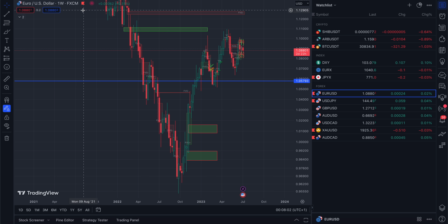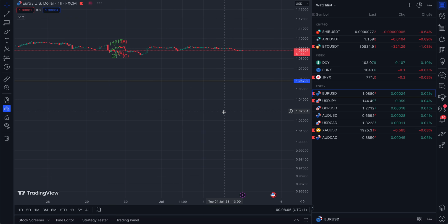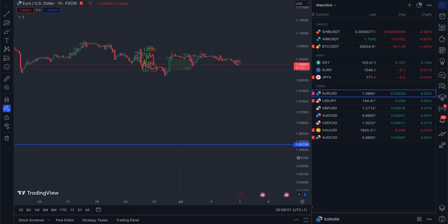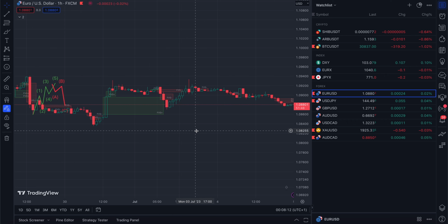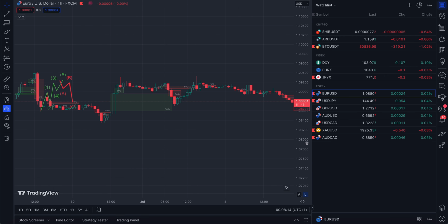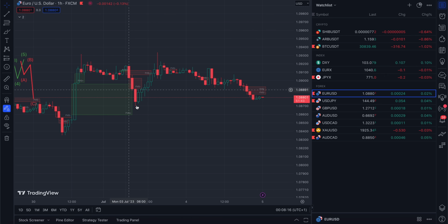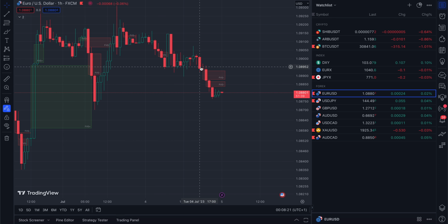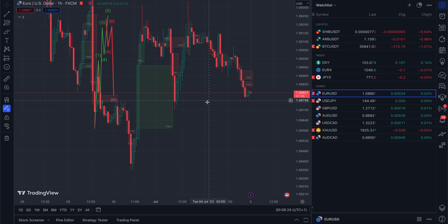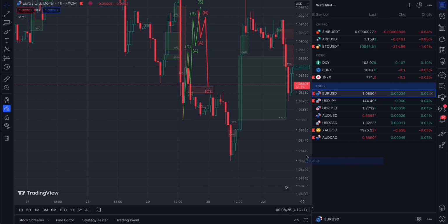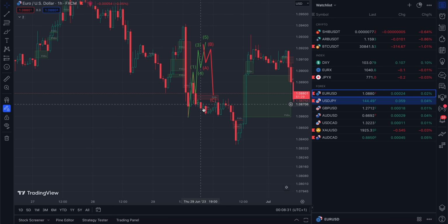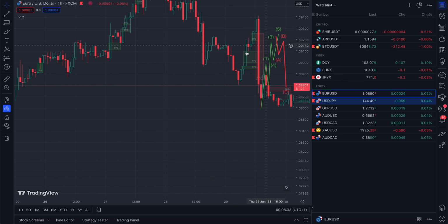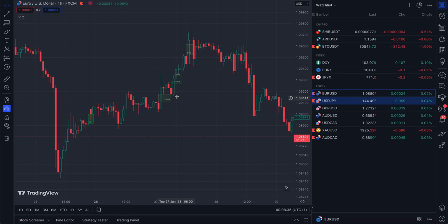Although there's still ones created here on the weekly, ones on the hourly tend to be taken pretty consistently. Look at this alone. We have impulsive moves up, FVG created, 3/4 of it taken, and we move back up. FVGs taken on the move down and then filled. I'd say we have a fairly high chance of seeing these becoming filled as well. The same here, we have FVGs created there, here, all filled. We almost took this one,